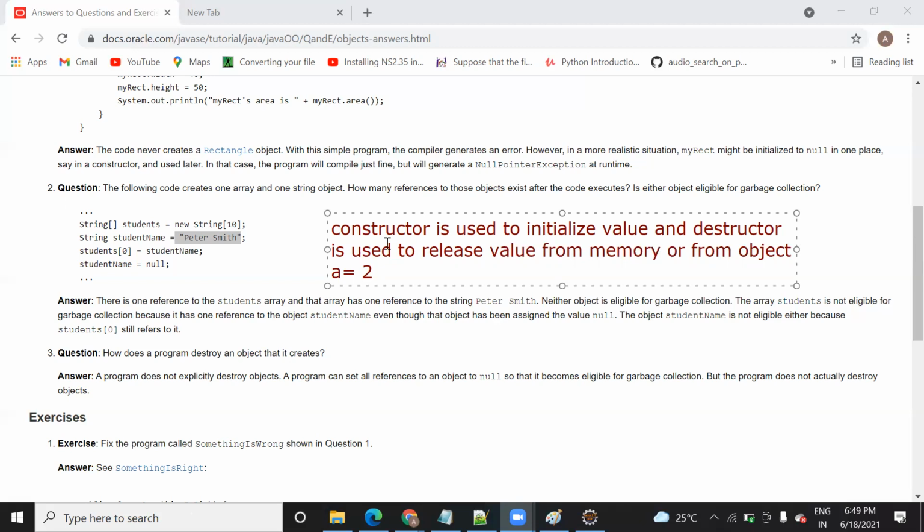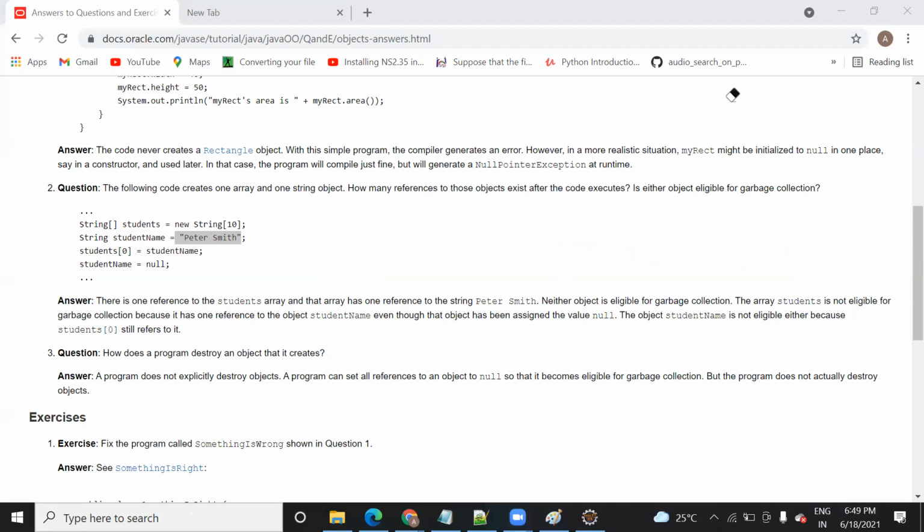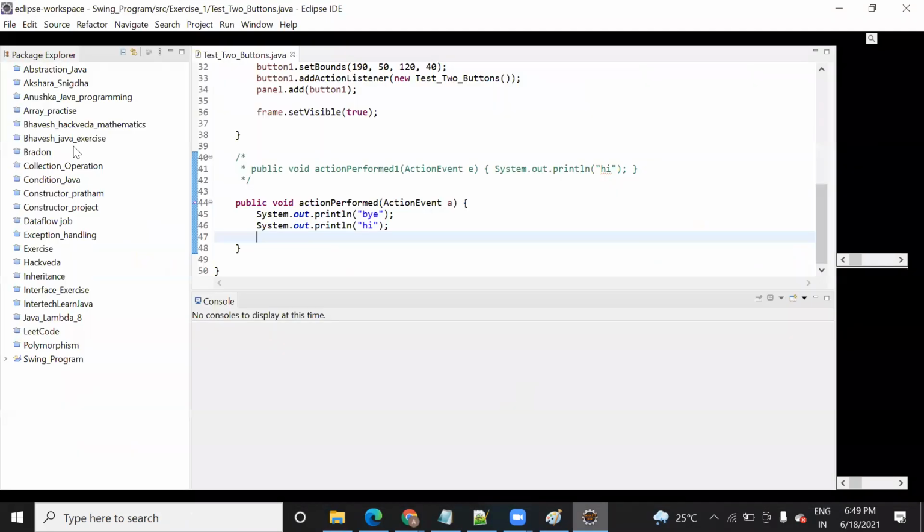Okay, so in the same way, here is what they are saying. Let me first run this program.